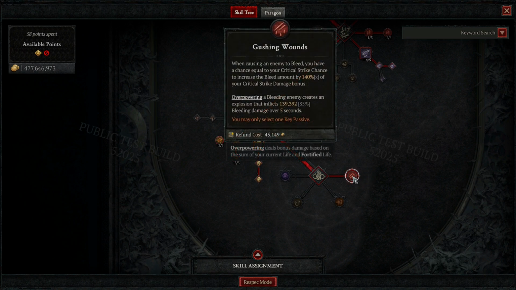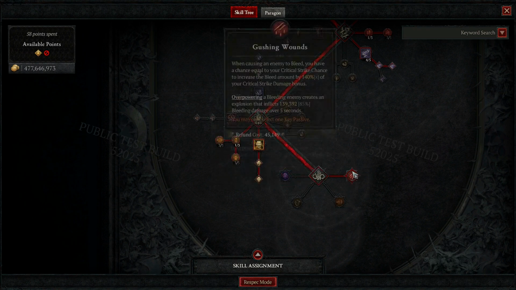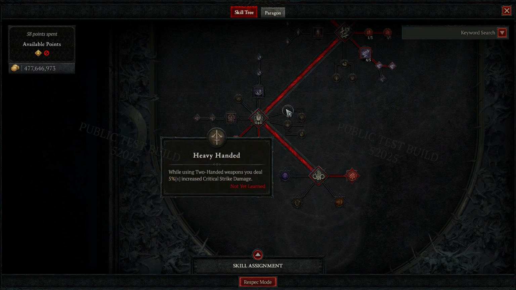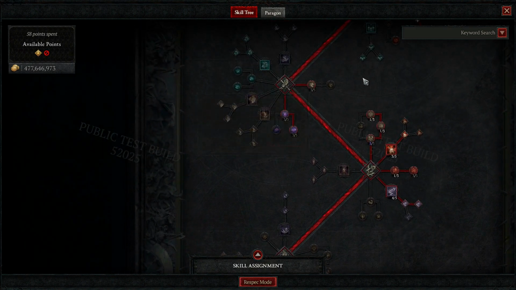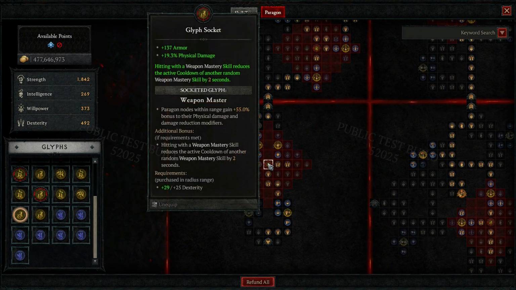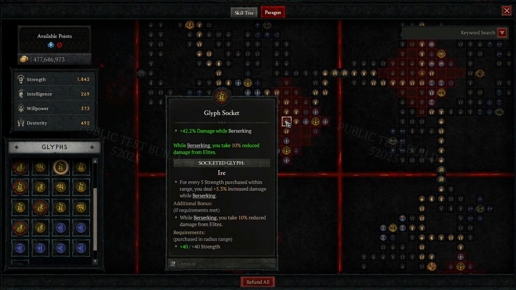Also, I noticed Gushing Wounds feels better than Unbridled Rage. I tried with both, and Gushing Wounds definitely feels better. I didn't try with Unconstrained yet, but so far this is definitely wicked. Also, this is not a critical strike build, so I do not have anything for critical strike in here. This is 100% damage over time, and the Paragon board looks very similar to Season 3. Weapon Master there, Hemorrhage with Ire,